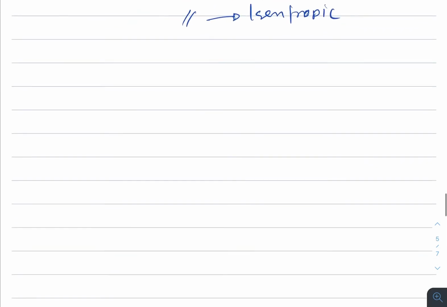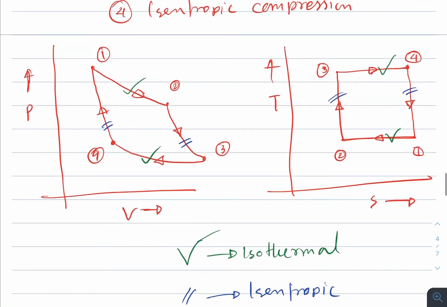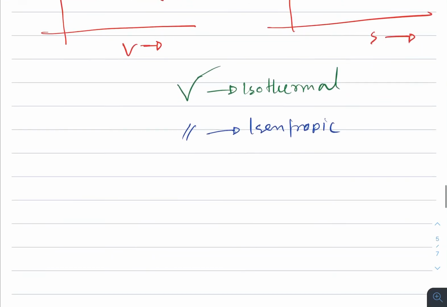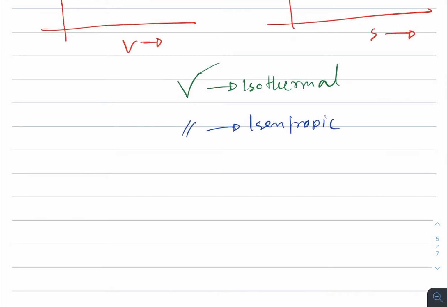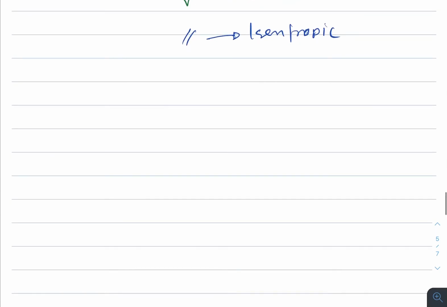Okay, so now we have the PV diagram and TS diagram, and we can see from the TS diagram that everything is pretty much a straight line, right? So in this case, it's ideal as well. Obviously, the Carnot cycle is an ideal cycle. So the ideal cycle efficiency of the Carnot cycle will be the efficiency of the Carnot cycle,